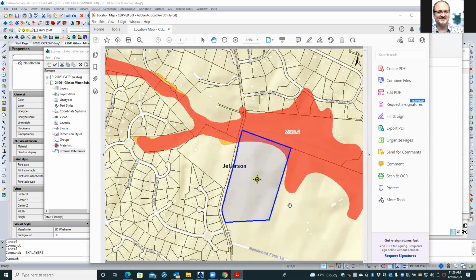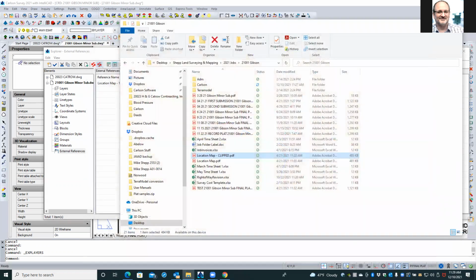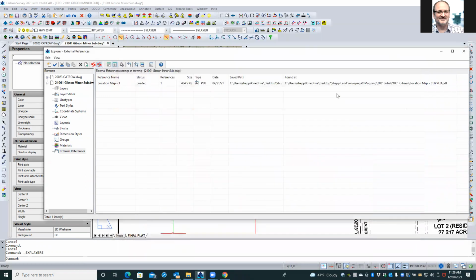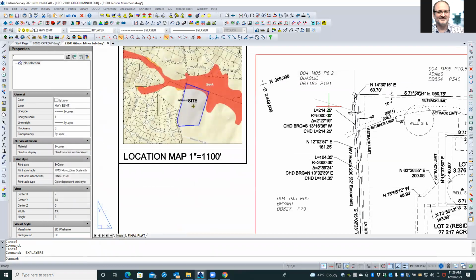So this is nothing more than just an image file. And it's not referenced to your coordinates or anything like that in here. And that's all right for that one. But then when we look at this one,